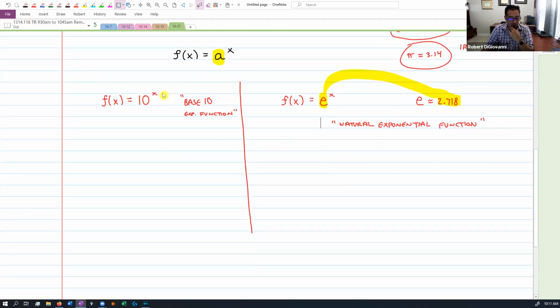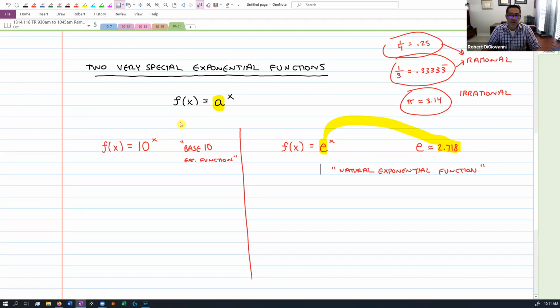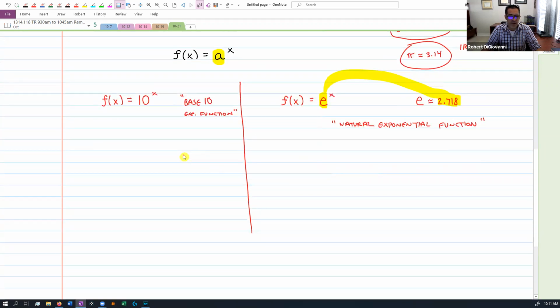All right, so let's start with the base 10 one. When we say base 10, I don't know if you've heard this before, but our number system is base 10. Have y'all heard that before? We use a base 10 number system. What most of you don't realize, or it's been so long since you talked about it, is that